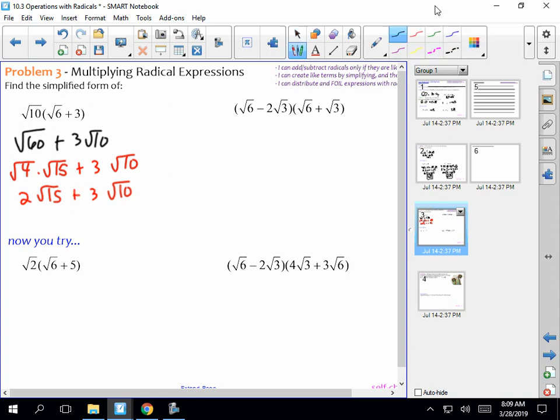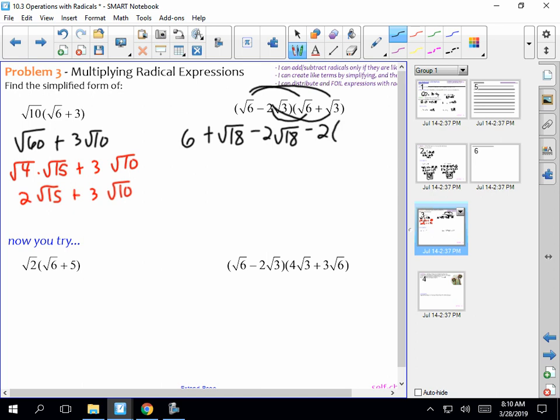All right, the next one is like multiplying two binomials. You're going to have to use FOIL here. So we do root 6 times root 6, which is just 6. And then root 6 times root 13, which is root 78. Then do negative 2 root 3 times root 6, which is minus 2 root 18. And then 2 root 3 times root 3 is